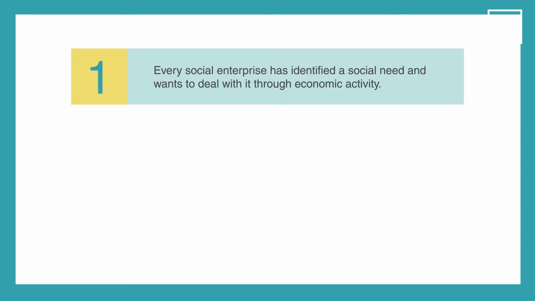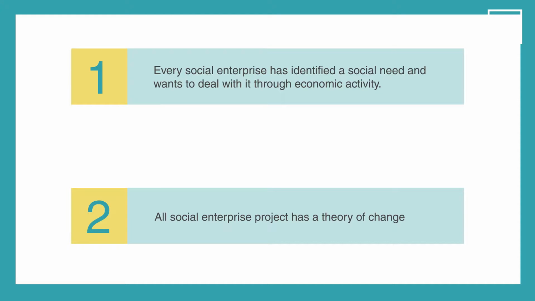In this module, we will focus on social needs that our project wants to deal with, as well as the theory of change that sustains it. The 2 starting ideas are: 1. Every social enterprise has identified a social need and wants to deal with it through economic activity. This means that firstly, we have identified an unwanted situation and we have analyzed it, and secondly, we have found a market opportunity. 2. A social enterprise project has a theory of change, that is, the process by which a particular